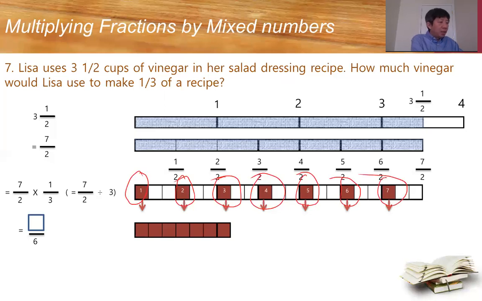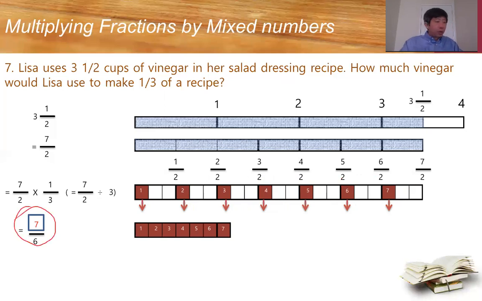So altogether is equal how many? Altogether is 1, 2, 3, 4, 5, 6, and 7. So that's why we got 7/6. We got a 7 over 6. Now 7 over 6,